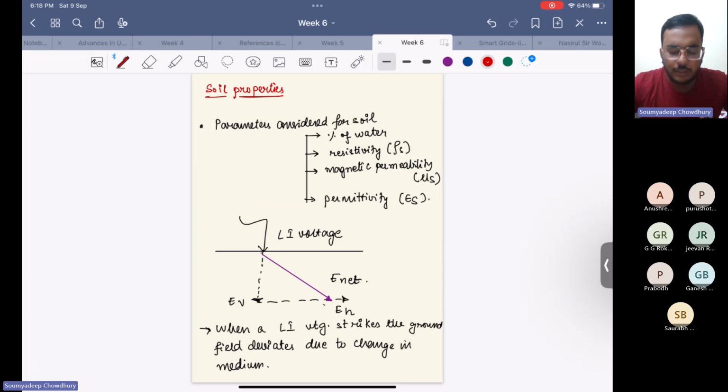So next we were looking into the different properties of soil. We need to understand that if we want to study grounding,